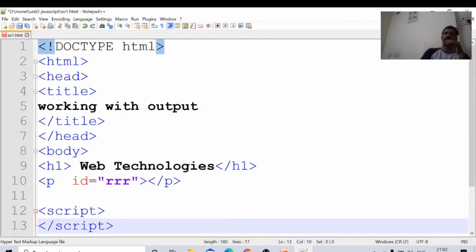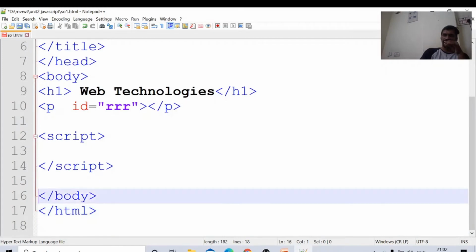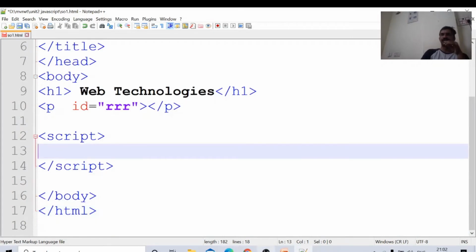One way of printing is this. This is important for writing this line only. We are doing all these programs. document.getElementById, then .innerHTML equal to whatever content we specify, that will be displayed within the p tag.